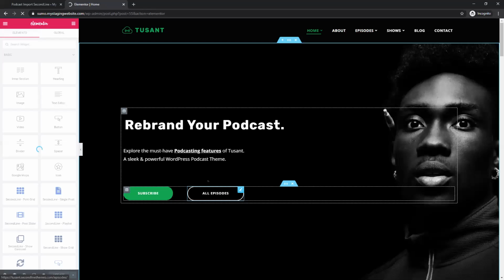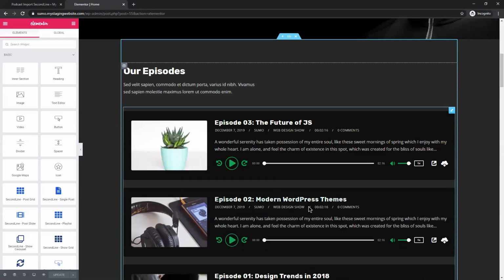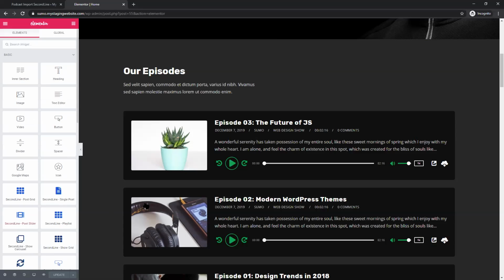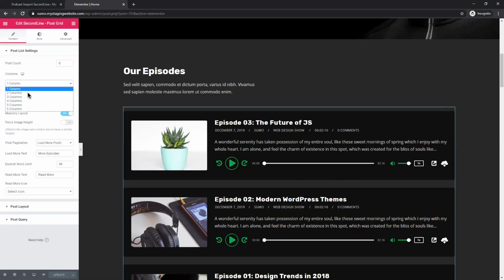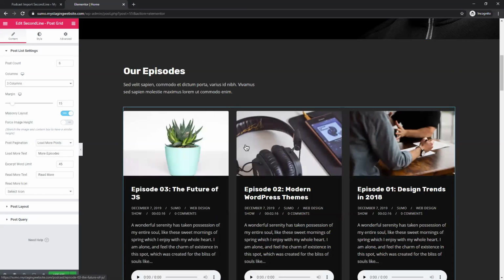And this is a page builder plugin. You don't have to use it. You can use the default WordPress page editor, or you can use any other page builder. But we include a bunch of different elements. So you can just add and play with the different layouts. So for example, if you want to display a different column count,